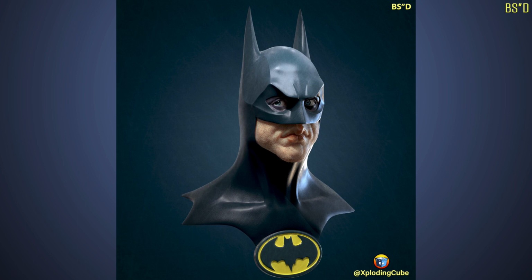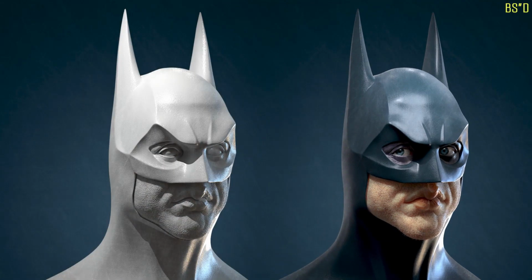One last thing to mention about this render is how the effects of our light change depending on the materials we use. In our clay render, the outer edge of the bat ear at screen right is darker, and in the shaded render, the ear is brighter. This is due to a higher reflectivity in our rubber material, picking up the HDR image in our fill light. There are other examples of differences between our renders due to the shaders, but for time's sake, let's move on